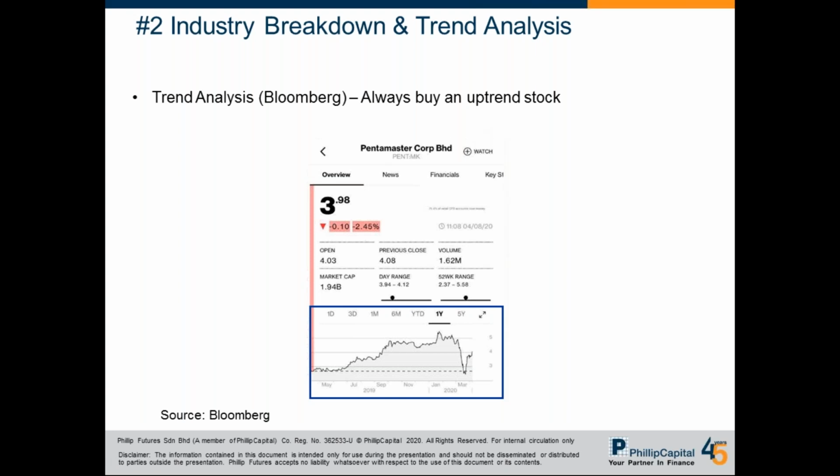You can use moving average, you can use higher high, higher low, you can even zoom into a smaller time frame, say 4 hours, 1 hour, for you to look at the trend even clearer, right? In advance maybe. So understand the trend, look at the trend. So always buy an uptrend stock. If you want to profit, always buy an uptrend stock. Don't try to buy a downtrend stock where the trend is very weak.